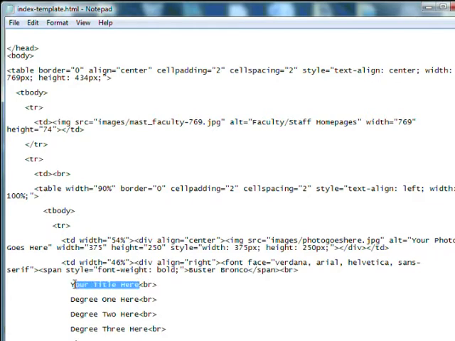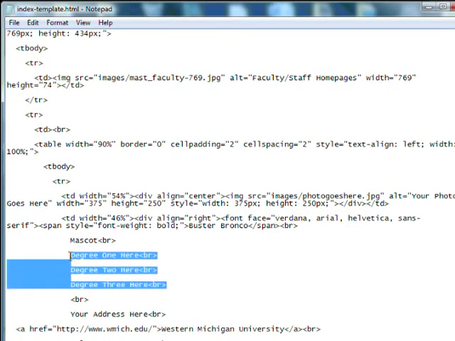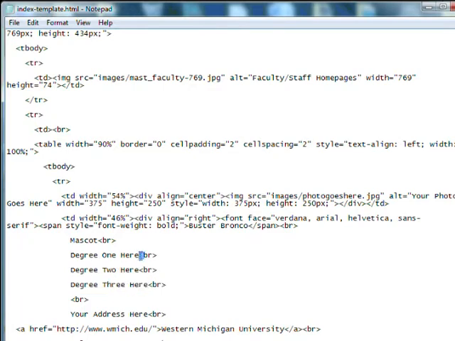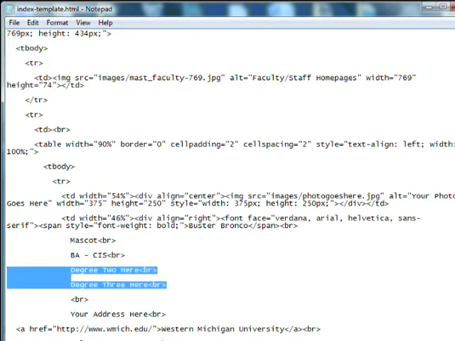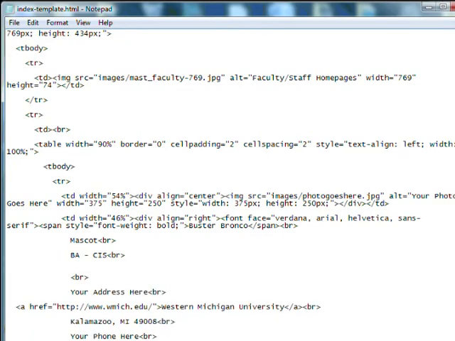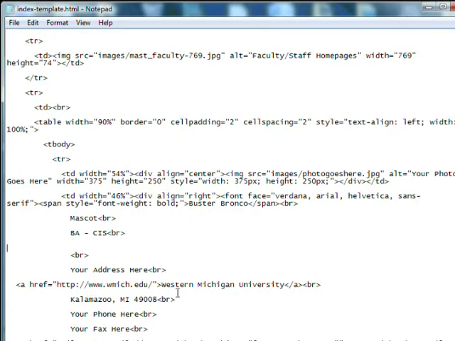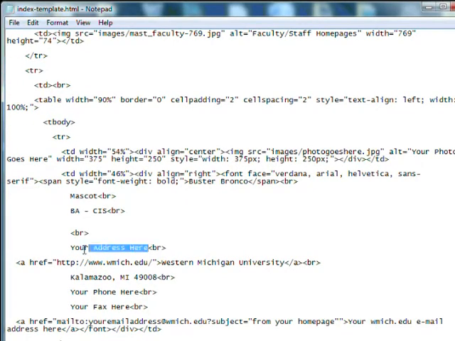And then where you see your title, go ahead and put your real title in there. I'm going to go ahead and enter my bachelor's degree in here. And I'll go ahead and get rid of whatever else that I'm not going to use. Next, I'm going to put in the beginning of my address here on campus. And under that you see it has the website to Western Michigan University, and that should be fine to leave